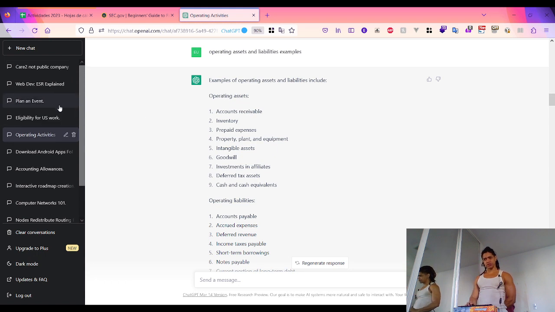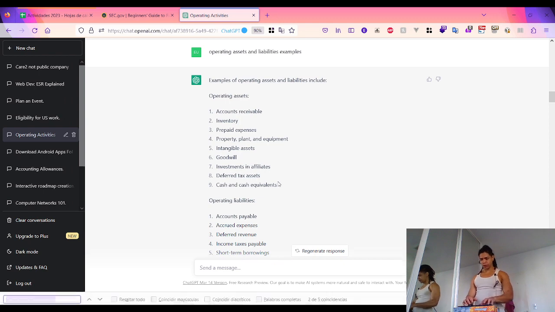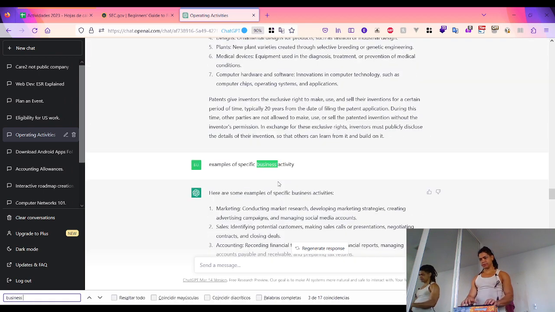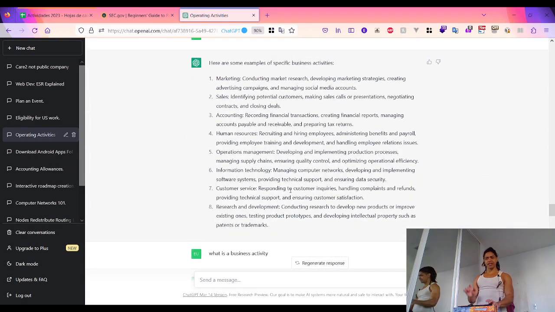which is kind of a rabbit hole for me, a specific business activity, then I look at the specific business activity that consumers can offer in a consumer-to-business model, when consumers can offer their service to business, whether it's marketing, which is responsible for conducting research, developing marketing strategies, creating ad campaigns, and managing social media accounts,